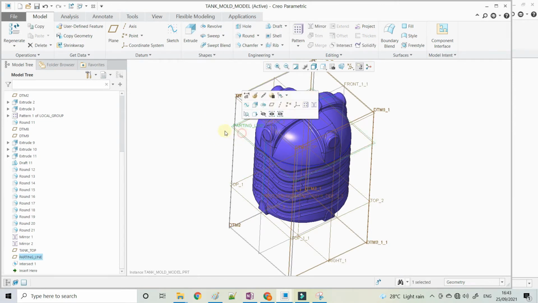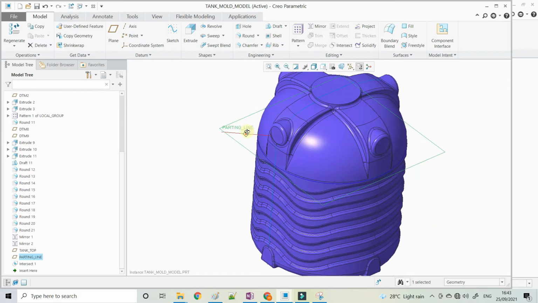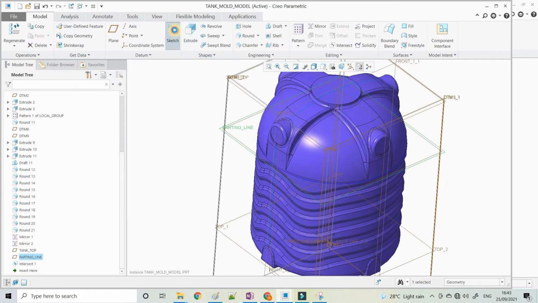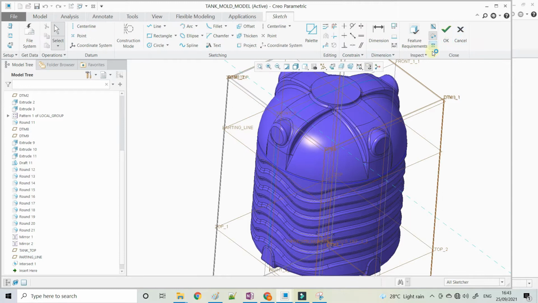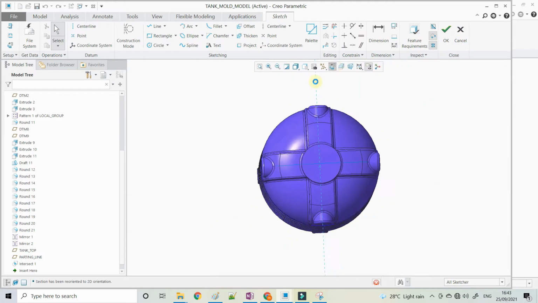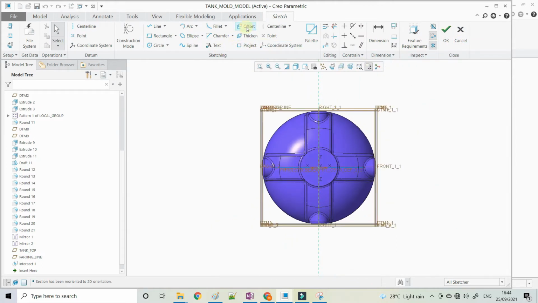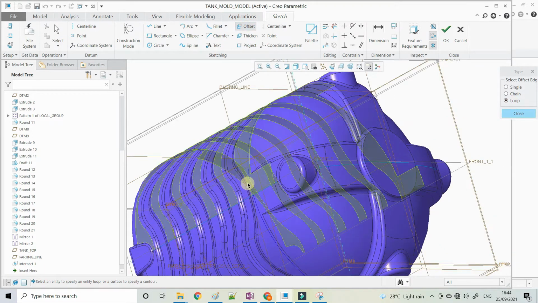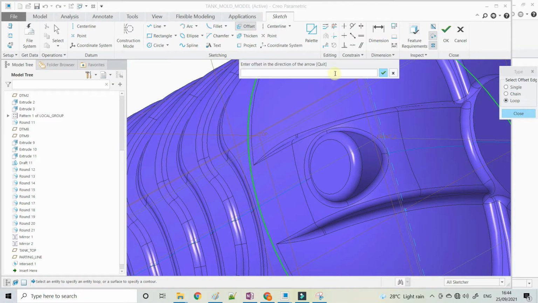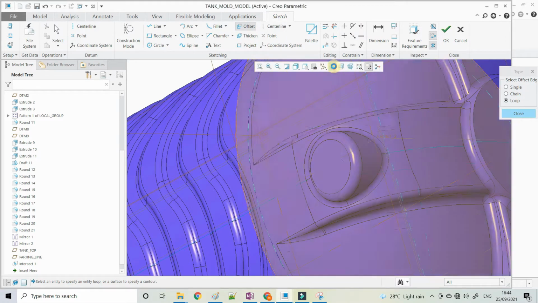And now here we can create the flange. Sketch on the parting line and use that curve with offset. Select the offset and select the complete curve with the help of loop.